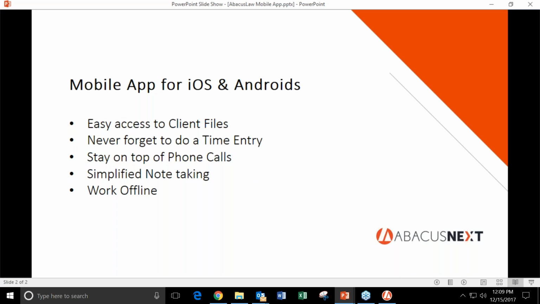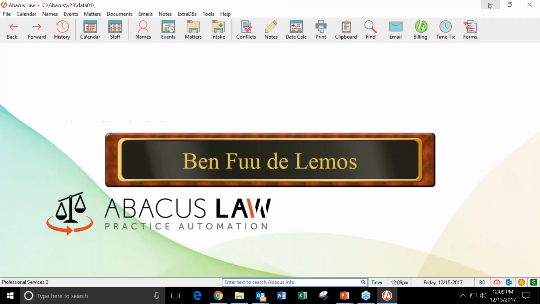in automatically. So it's a really nice way of being able to do everything on the fly, on the go, and not have to wonder whether things are up to date when it comes to your time, your notes, your phone calls, and anything related to your clients and matters. So what I'm going to do right now is show you how it all looks